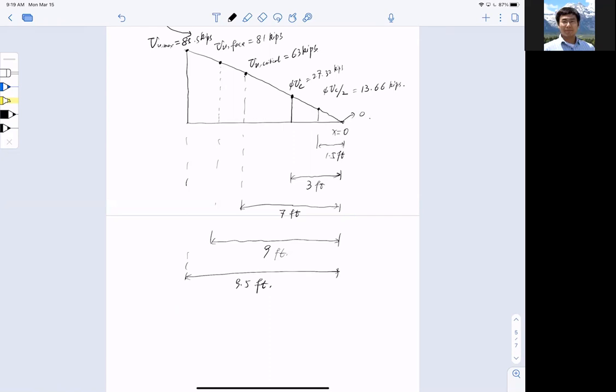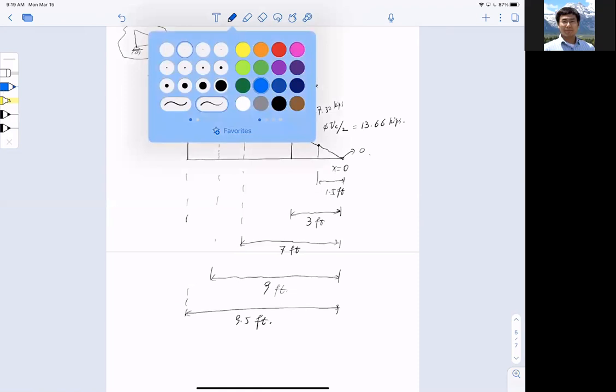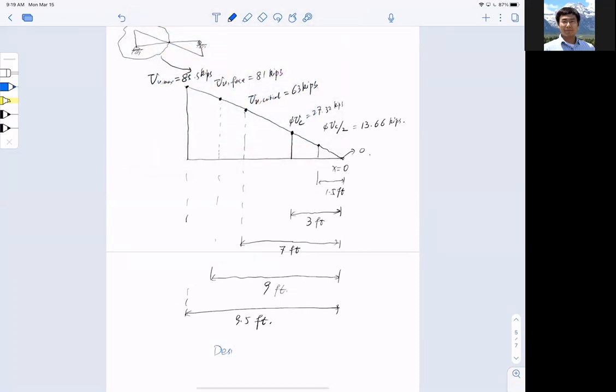All right. So now this is my shear diagram, and to be more specific, I'm going to label this my design shear diagram. And folks, I want you to pay attention to this. This is my shear design diagram. So why do I need this? Because I want you to design my shear,